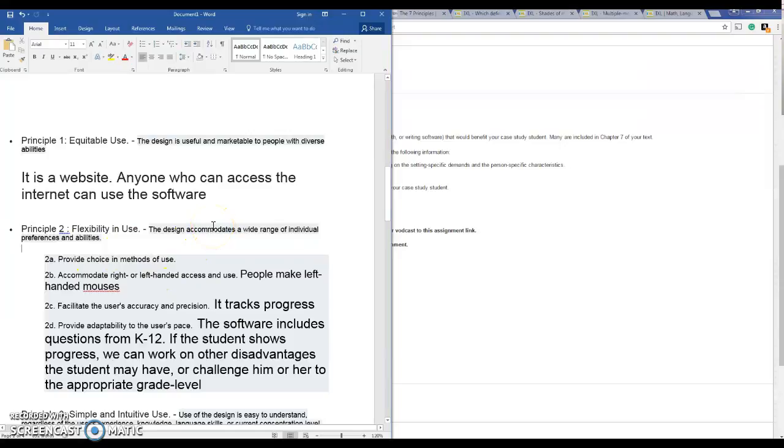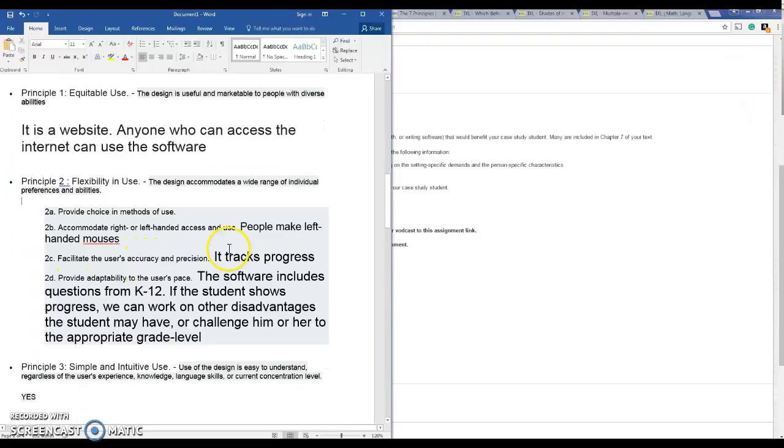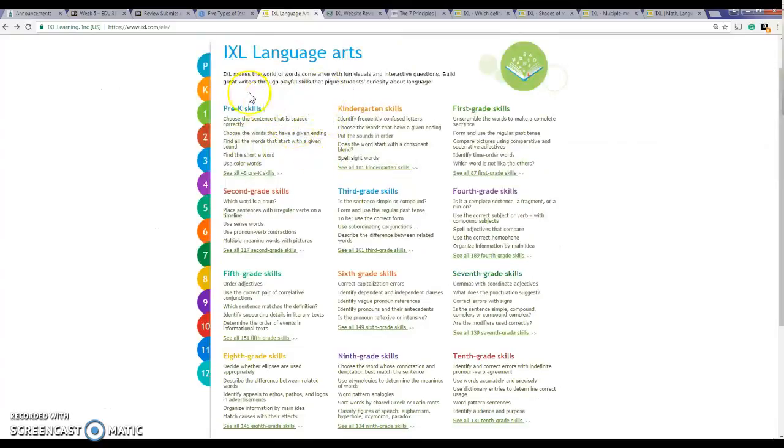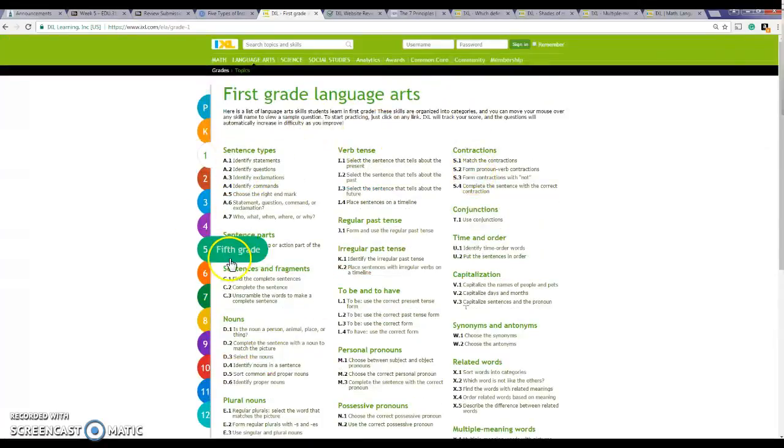Provide choice and methods. I guess the only way to access this would be online. Accommodations, right or left-handed. They make left-handed mouses, so if number one is left-handed, he can use a left-handed mouse, facilitate the user's accuracy and precision, tracks progress, and software includes questions from K to 12, so it's not just third grade. If his reading level is at a first grade reading level, he can go ahead, probably in the first grade,